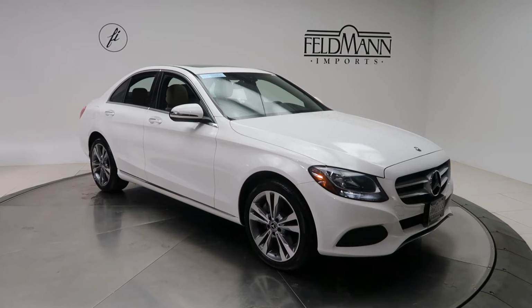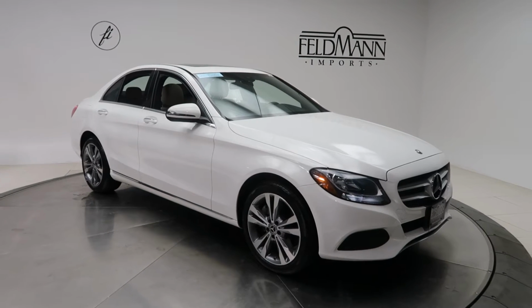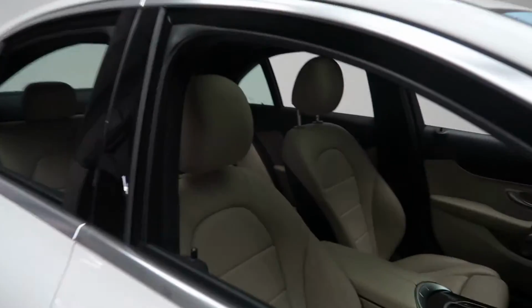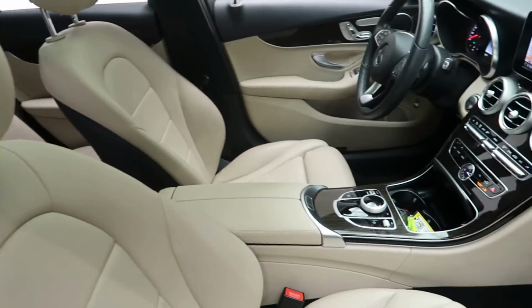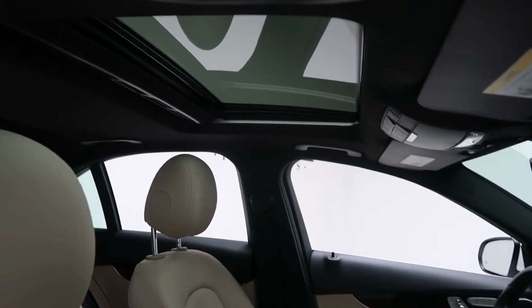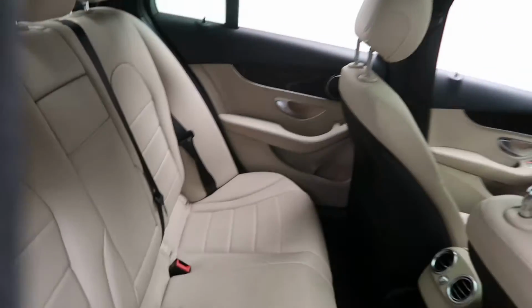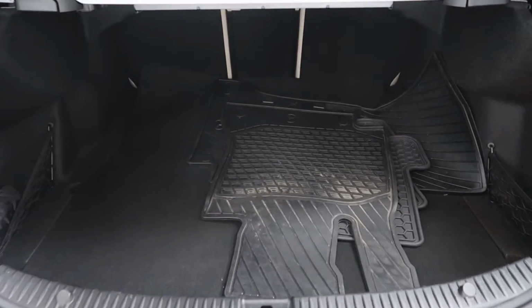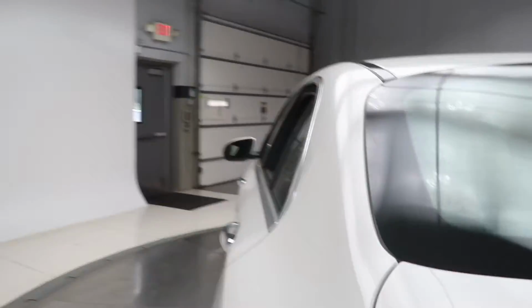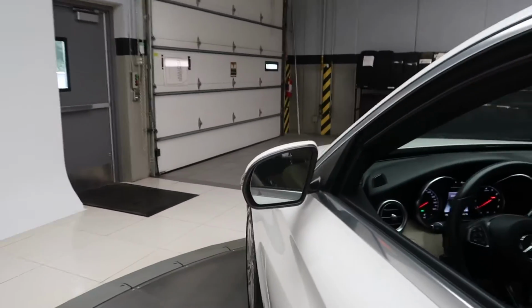This one has 18-inch split 5-spoke alloy wheels, a silk beige MB-Tex interior with a dark brown linden wood trim, sunroof, rear spoiler, C300 4MATIC badging, a clean set of all-season floor mats, fold-down rear seats, Premium 1 package with blind spot assist,